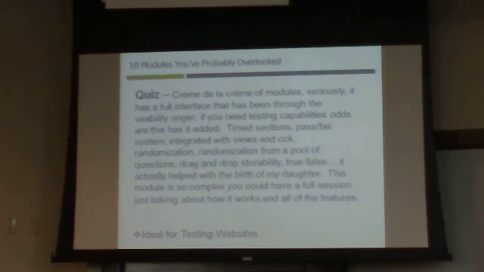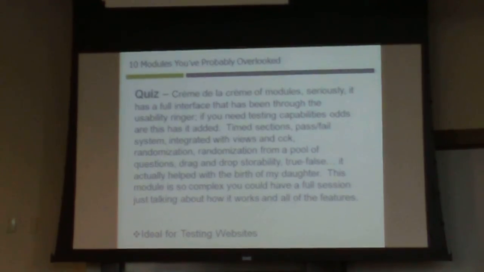So you could input 50 questions, and say we only want to display 40 questions to people taking the test. It will randomize the 40 each time from the pool of 50 you have in there. So no two individuals are going to take the same test, making it very difficult for them to cheat on the test. You have true-false, multiple choice, short answer, long answer. So from the perspective of building an online